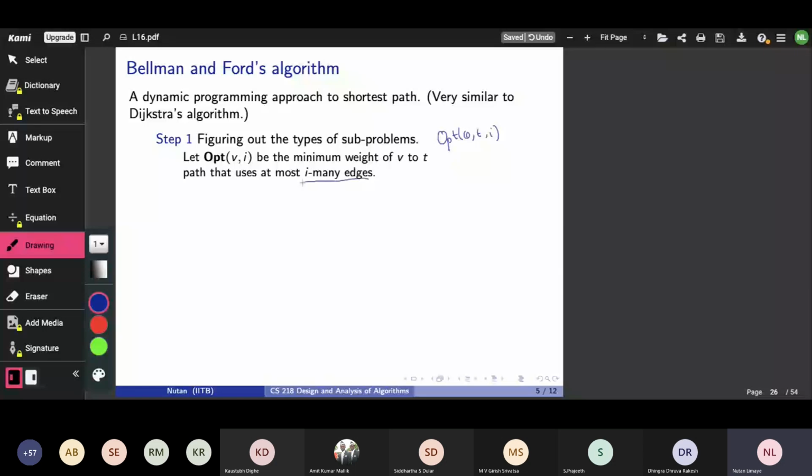Okay, so not only do I keep track of a path between a pair of vertices, so the names of the two vertices, but I also keep track of how many edges from the graph it takes to go from v to t. You will immediately understand what I mean by timestamps. It's like when I traverse an edge, I think of it as one timestamp or one time step. And now I'm asking how many steps it takes to go from v to t when it achieves this amount of weight. Okay, so that's an interesting kind of idea.